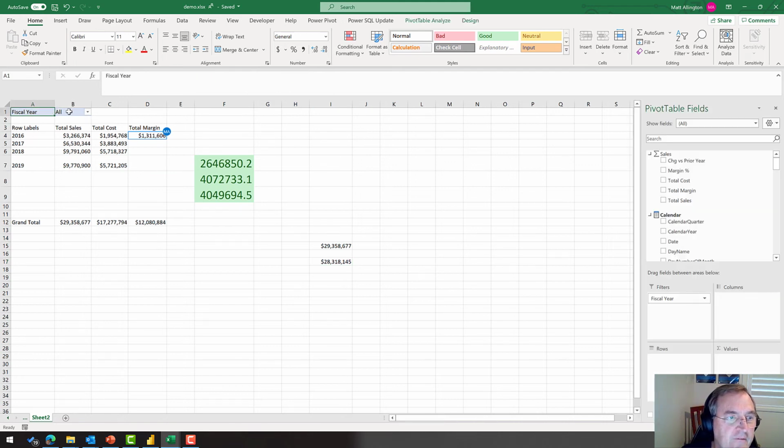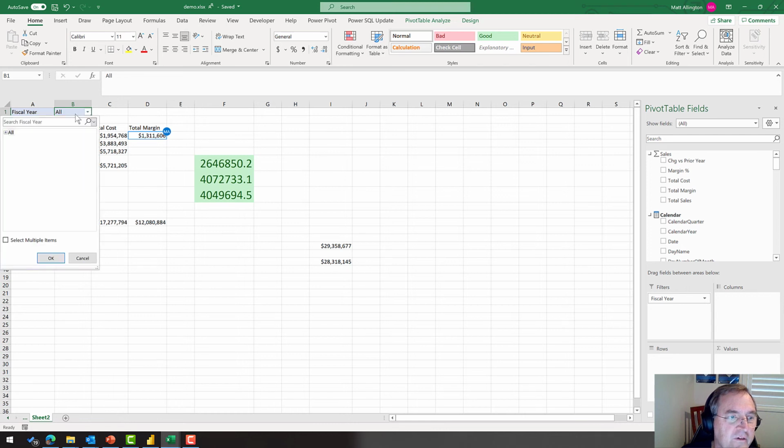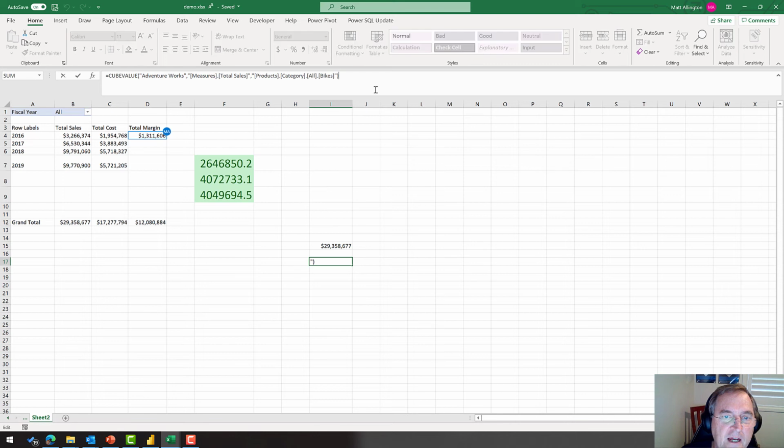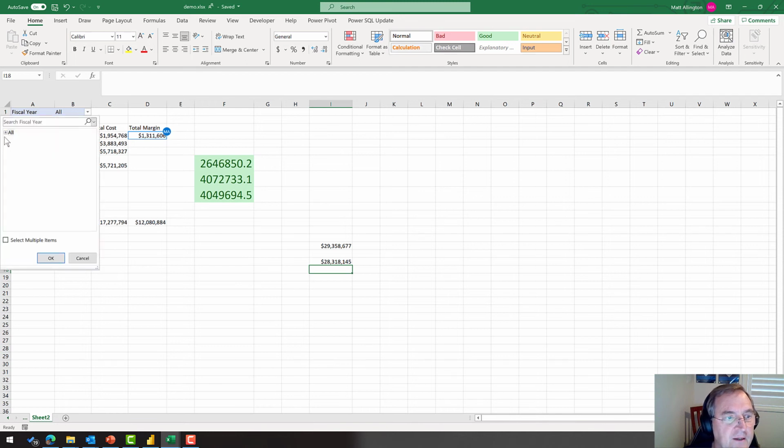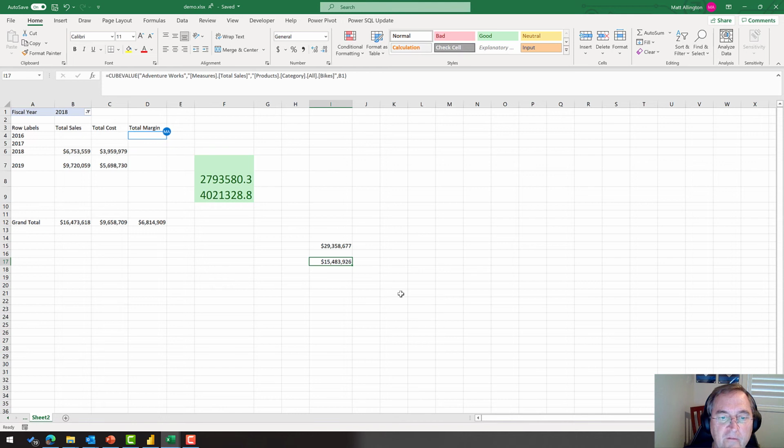So notice that I have this little connection here, which is connected to the financial year. So one thing I can do is I can come up here and I can actually create a connection to my cube formula down here to this little drop down list. When I click that, I can come down here and select 2018, and notice that my cube